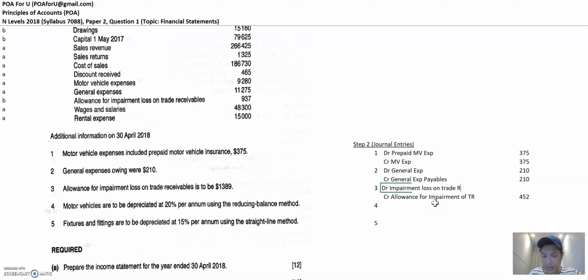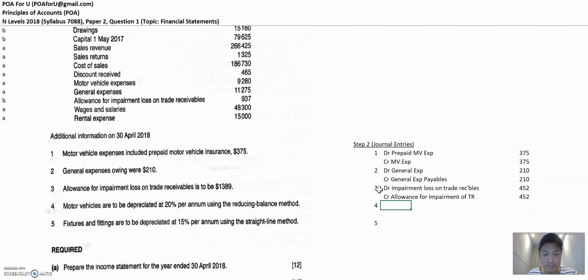All right, it's a standard entry, so remember that, memorize it. And conversely, if you debit the allowance account, then you credit the impairment loss on trade receivables. Okay, so this set of double entry is always standard, so remember this and you'll be fine with this kind